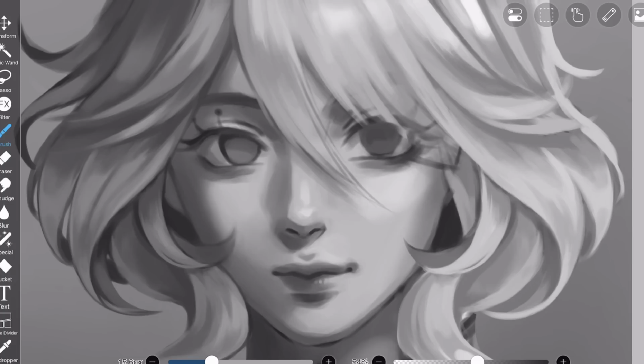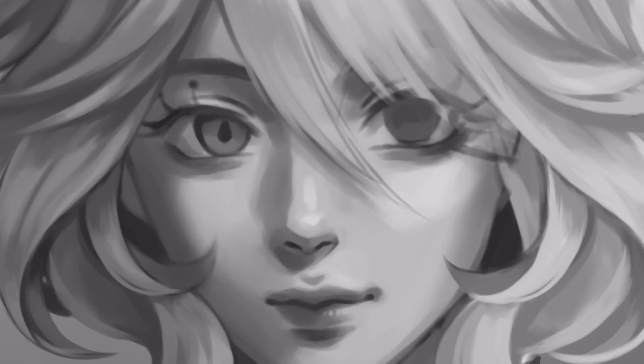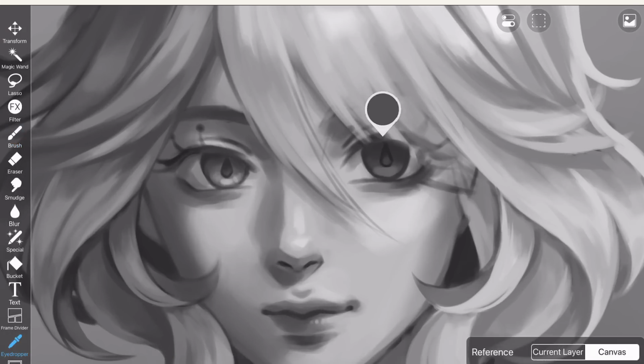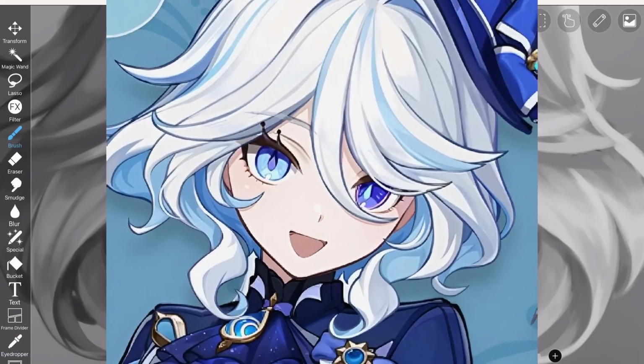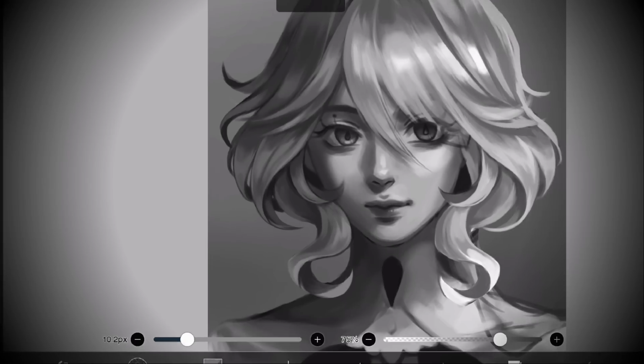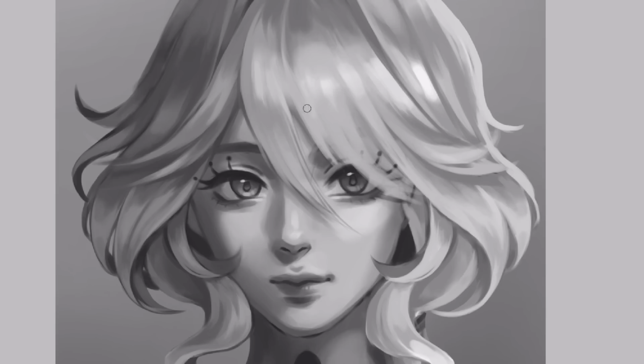Because Furina has different colored eyes, I'm trying to make sure they have different values. One eye is darker than the other. I think it would look more natural if the water droplets had gradients instead of a flat color. Flat colors look fine in anime style, but they look unnatural in semi-realism. I also have the tendency to make the eyes look scary, so thankfully one of Furina's eyes is covered by